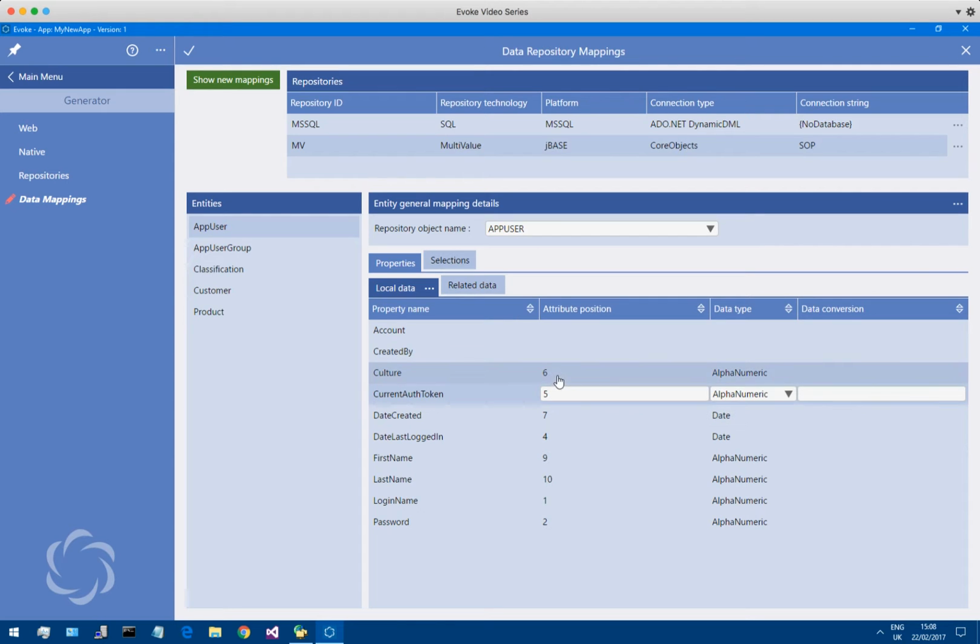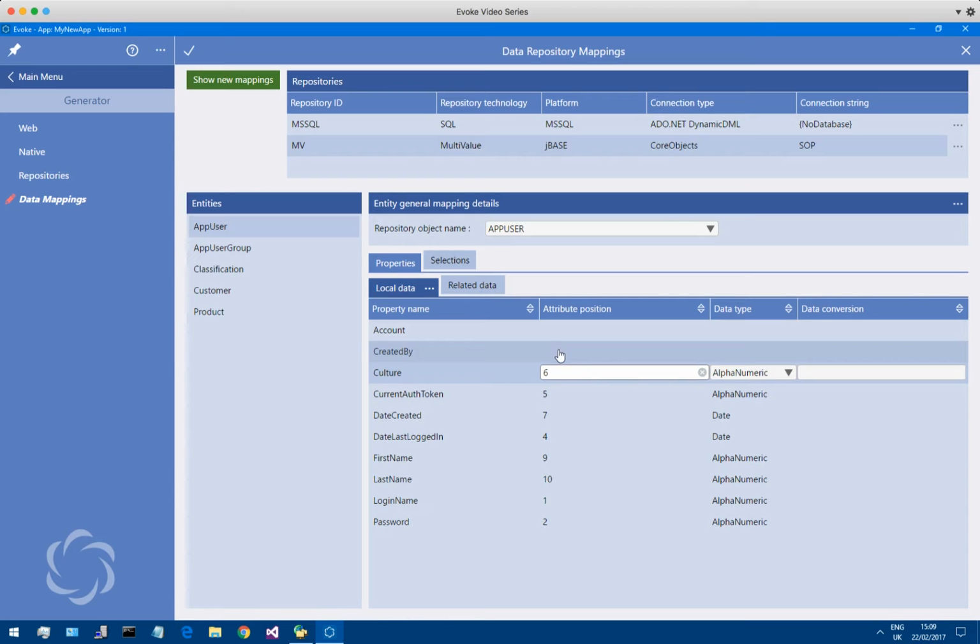The culture is also very important, and that controls the internationalization that Evoke automatically uses and incorporates into the UI tier. And that uses the international ISO 4-digit character internationalization codes. Then we've got created by